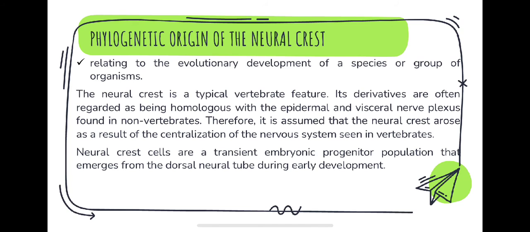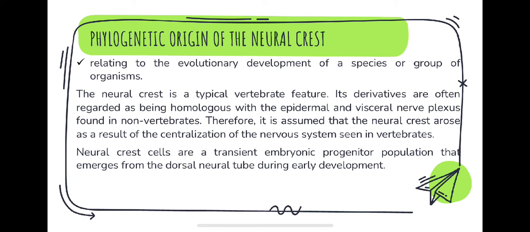The phylogenetic origin of the neural crest. Phylogenetics is the study of evolutionary relationships among biological entities. When we say neural crest, it is a typical vertebrate feature. Its derivatives are often regarded as being homologous with the epidermal and visceral nerve plexus found in the non-vertebrates. That is why it is assumed that neural crests arose as a result of centralization of the nervous system only